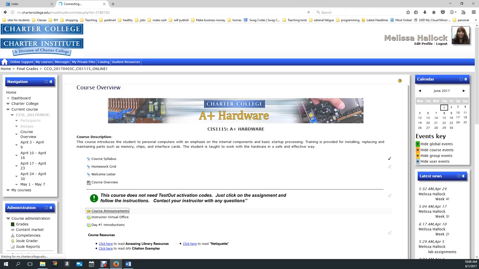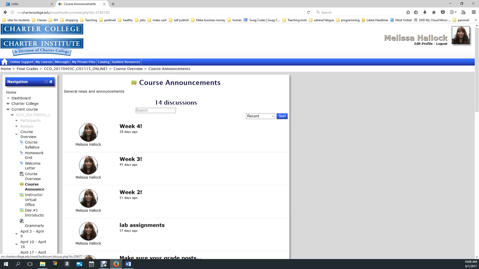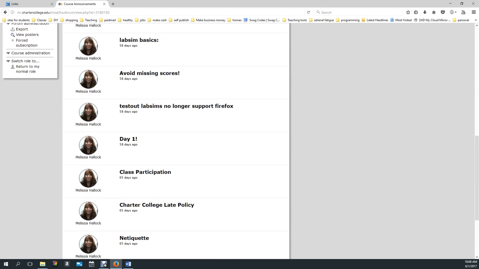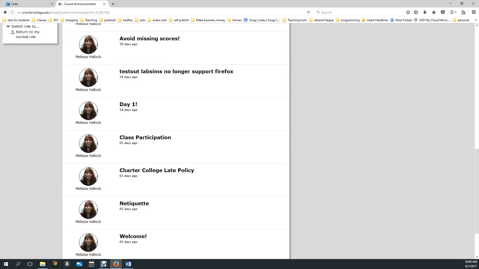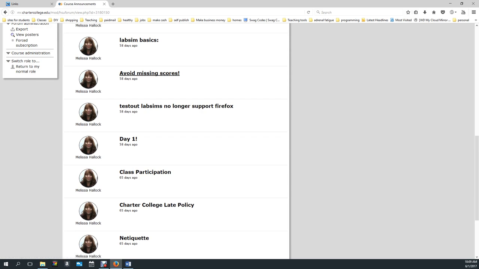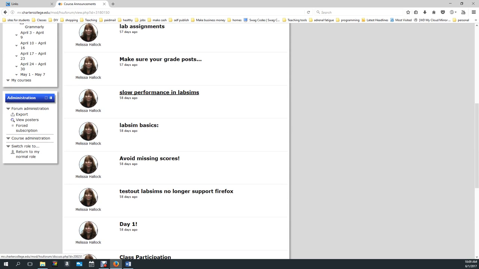Course announcements. When you click on course announcements, it'll take you to this room. And you should also get an email of all the different announcements that I post in here. Please, if you have test out in your class, please pay close attention to these posts, because these posts help you to make sure that your grades are syncing from the test out system to the learning management system that